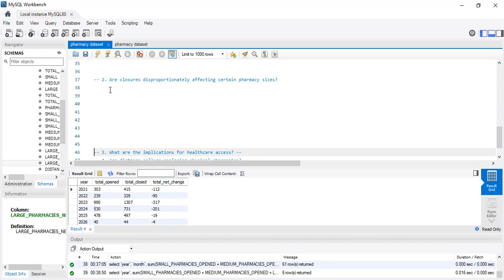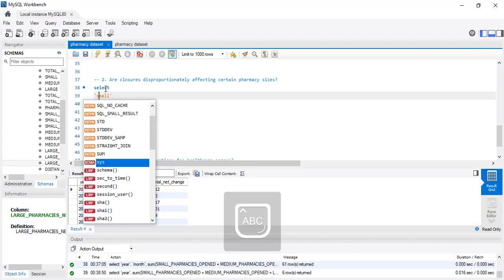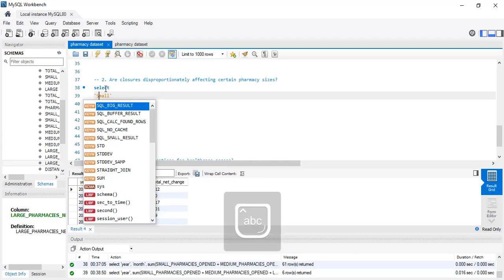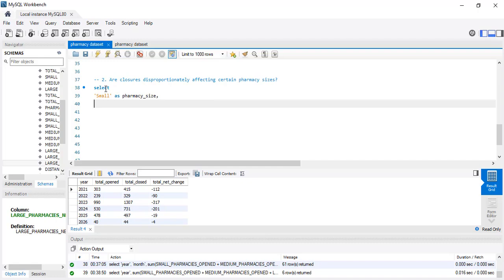Now, this query may be a little bit confusing, but let's go through it. So select 'Small', let's capitalize the first letter, small, as pharmacy size, pharmacy_size, comma, then sum,